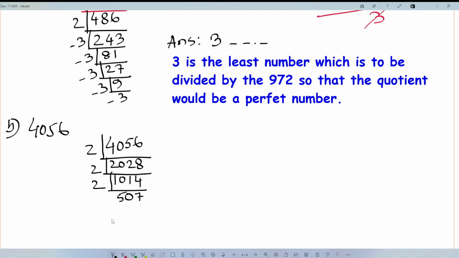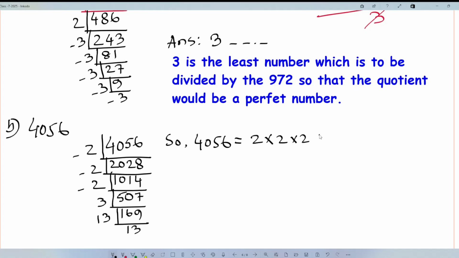507 we can divide by 3. So the result will be 169. So 169 we can divide by 13. 13 times 13 is just 169. So 4056 we can write here as 2 times 2 times 2, 3 single, and then 13 and 13. So once we figure out the pairs, 2 and 2, 13 and 13,